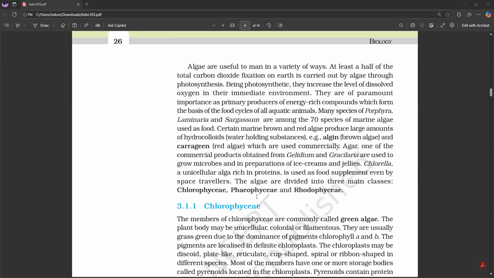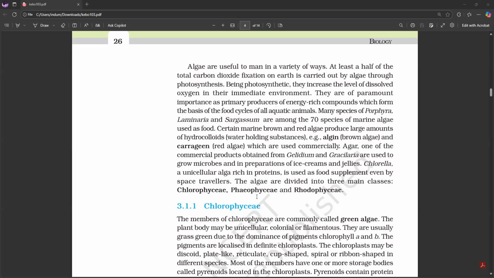Algae are useful to man in a variety of ways. At least half of the total carbon dioxide fixation on Earth is carried out by algae through photosynthesis. Being photosynthetic, they increase the level of dissolved oxygen in their immediate environment. They are of paramount importance as primary producers of energy-rich compounds which form the basis of the food cycles of all aquatic animals. Many species of Porphyra, Laminaria, and Sargassum are among the 70 species of marine algae used as